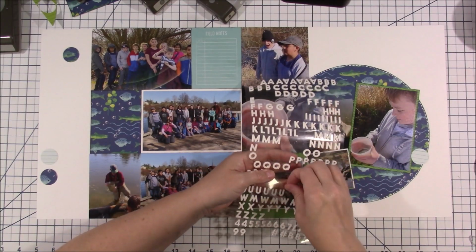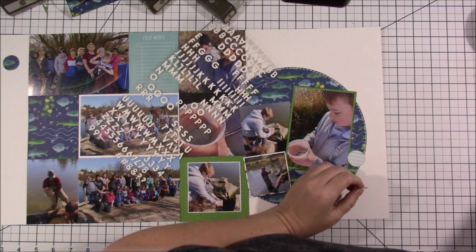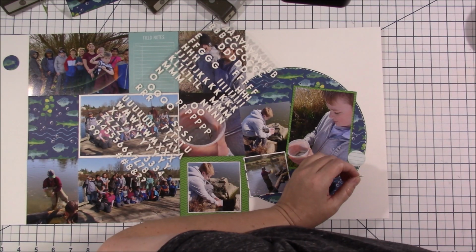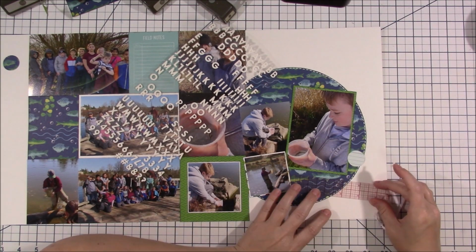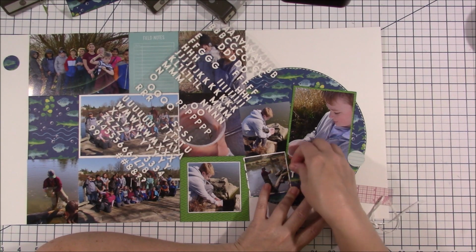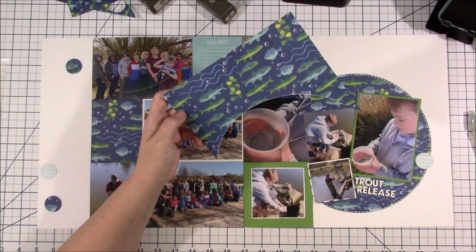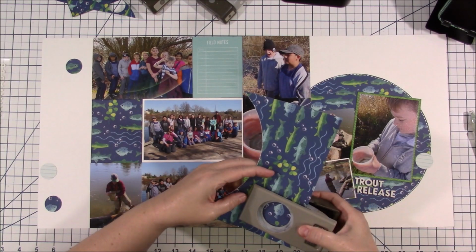I actually grabbed a bunch of circle punches, and you can see a couple of them at the top. And I played around with them in different sizes. She lists, I believe, the sizes and everything. So if you really wanted to follow her sketch right on, then you could, but I didn't. The only thing I was a little disappointed about, and I'm going to mention this,